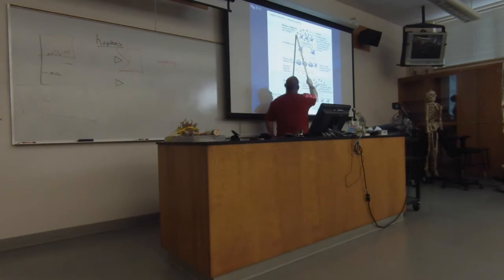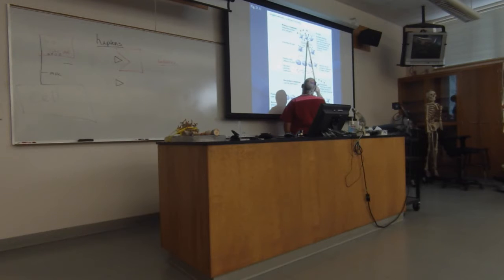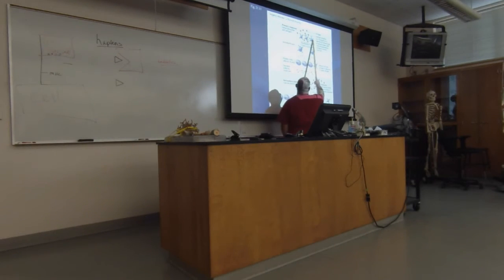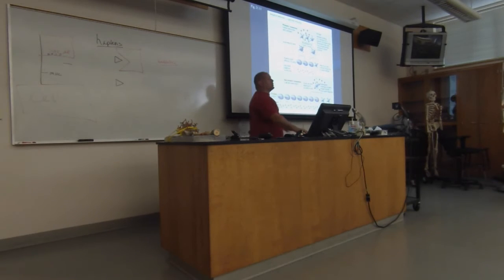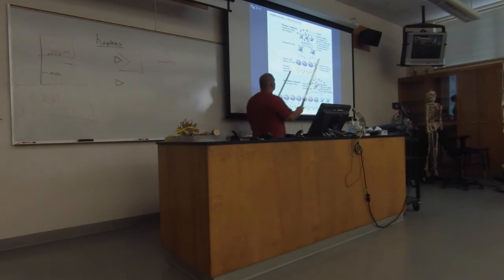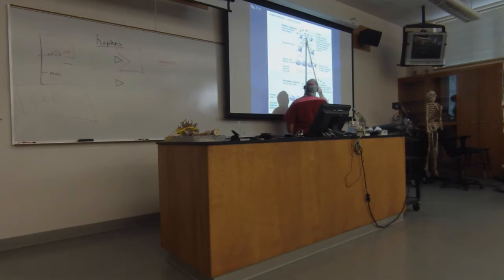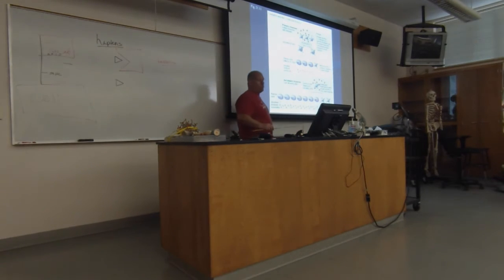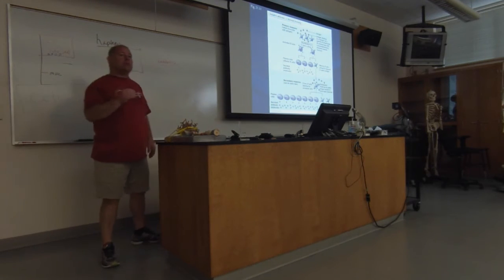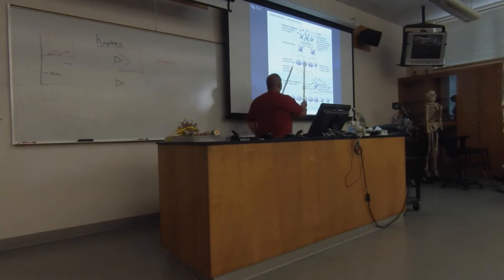So the red are the antigens, and these are receptors on the B cells. And again, there would be about 10 to 100,000 of these on each cell. Now notice, it's not going to that one. It's not going to that one. Why? That's not their bad guy. So it goes to the middle one, because this is the one that looks out for this particular antigenic determinant, and it binds. So now it becomes active. Once it becomes active, we're going to have clones formed.